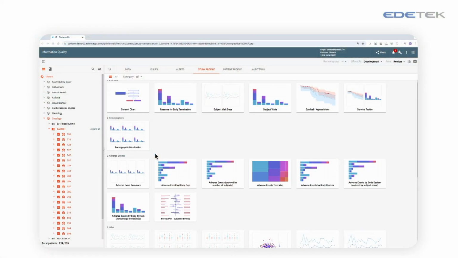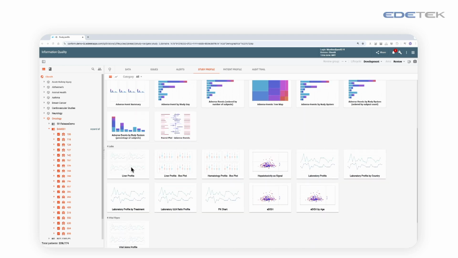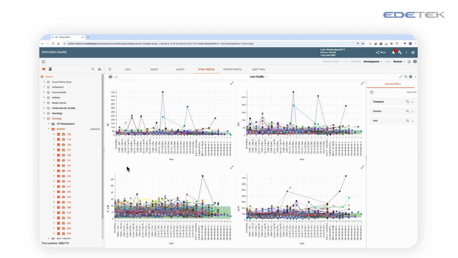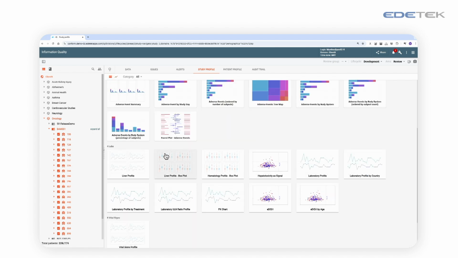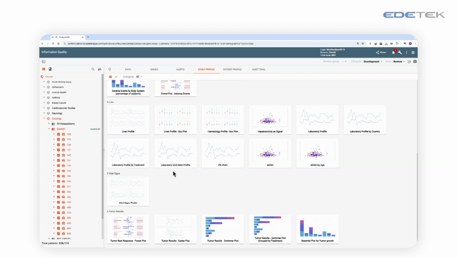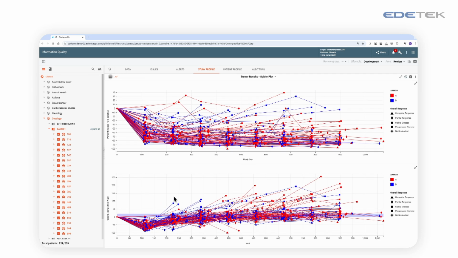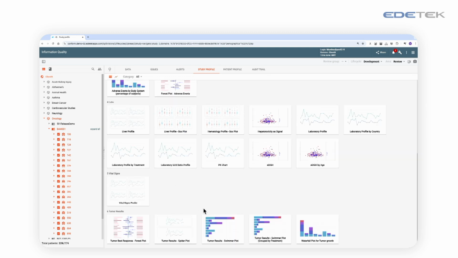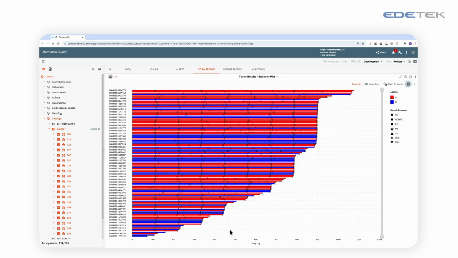We talked about some of the sample visualizations we provide: everything from a demographic distribution of the patients, to looking at reasons for early termination, to a longitudinal and progressive view of visit-by-visit information, and being able to look into the study and drill down to a specific patient. For instance, looking at their